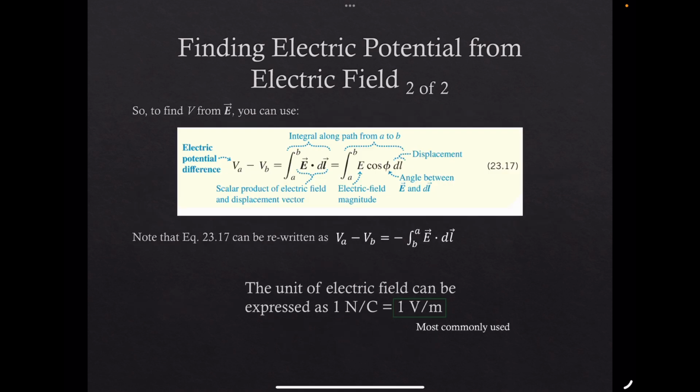So if we write that out more, there's a couple of ways we can write a dot product, right? We can just say that it's the magnitude of the electric field vector times cosine of the angle between E and dl times dl. So that's how we turn that into magnitudes and drop our vector notation. Okay, so